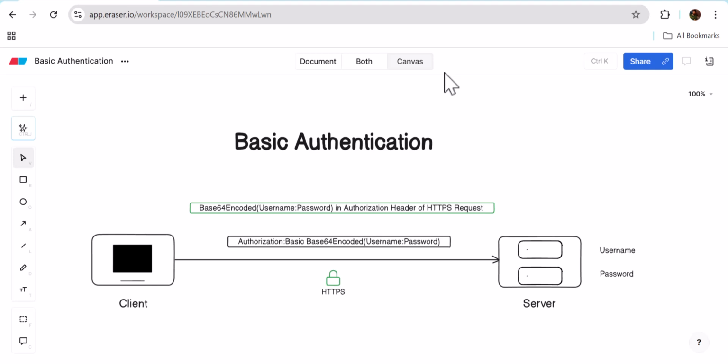So how will this integration work? What would happen is, even before the integration is established between client and server, the server will come up with a username and password, and it will share this username and password with the client. So client will also have this username and password, and when the client is making an HTTPS request to server, the client will send the username and password in the header of the HTTPS request in this format,